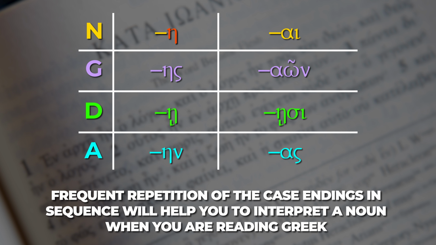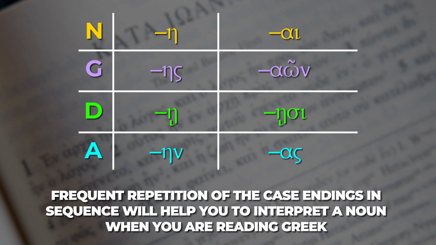the plural. A, ace, a, ain, I, aon, aci, as. Again. A, ace, a, ain, I, aon, aci, as. One more time. A, ace, a, ain, I, aon, aci, as.